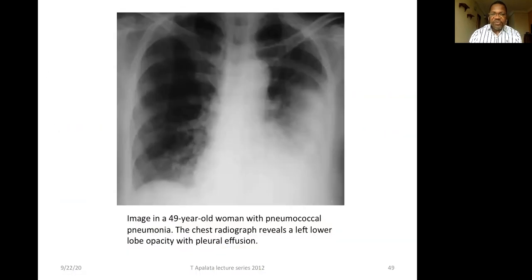so those are the pathogens, and this is the chest X-ray. Chest X-ray of the patient. It's showing an image of a 49-year-old woman